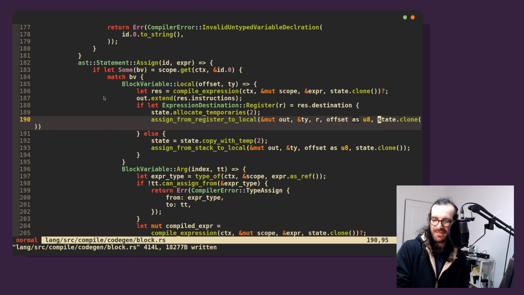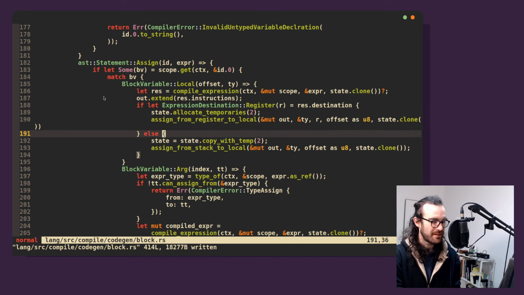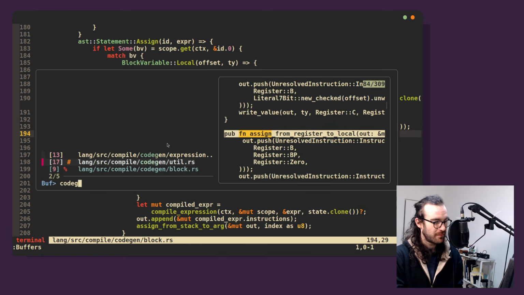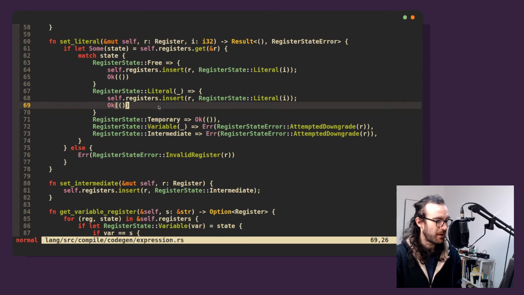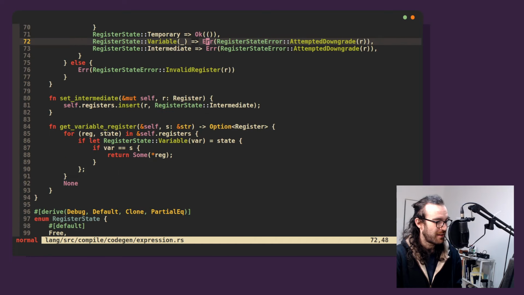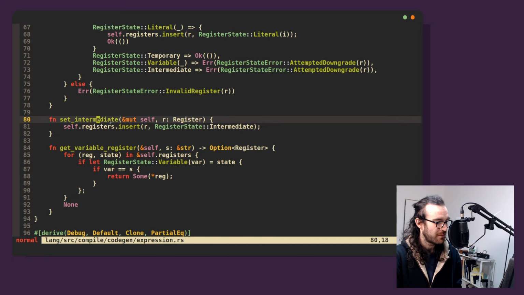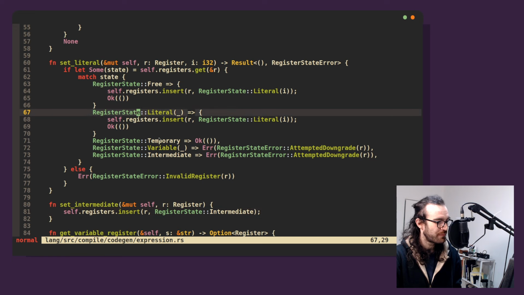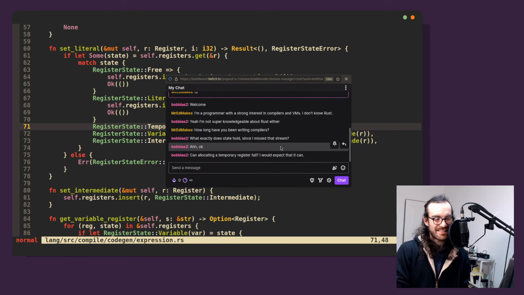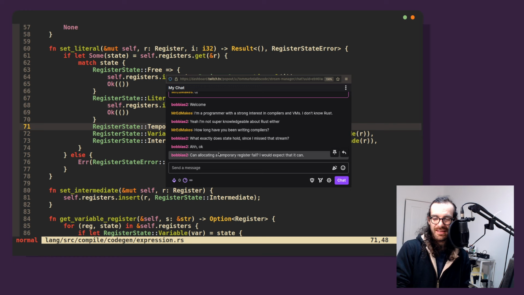So maybe the way I'm thinking about temporaries isn't quite right. Anyway, let's not go too far down that path, but I do need to be able to say, hey, I need temporary registers here. But the way temporaries work, they're kind of sticky. So if something's a temporary, it's not valid to use for anything. Well, I guess it is, but like it never actually holds state. You can use it. So probably